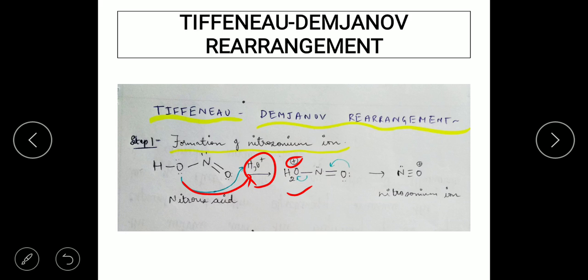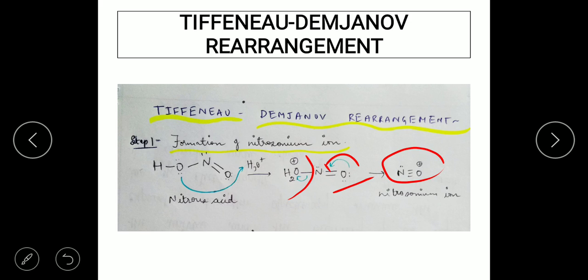So again, this oxygen with its lone pair is going to grab a proton from the hydronium ion to give rise to H2O+. Now in H2O+, there is going to be a movement of electrons in such a way that the water molecule is eliminated. See here again, oxygen is bonded to nitrogen with a double bond, and we know there are 2 more lone pairs on oxygen. So the lone pair moves towards the nitrogen to form a triple bond between nitrogen and oxygen. In the meantime, there is going to be the departure of the water molecule, which gives rise to a nitrosonium ion.